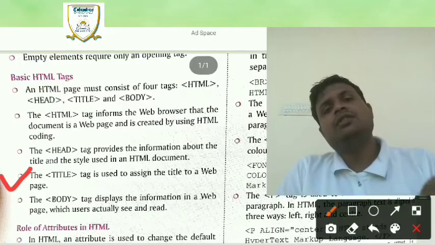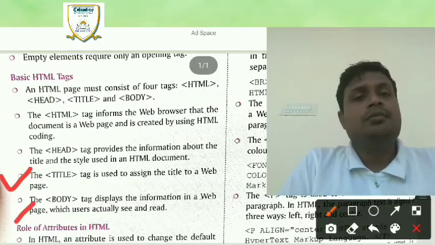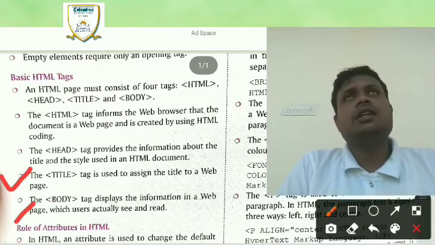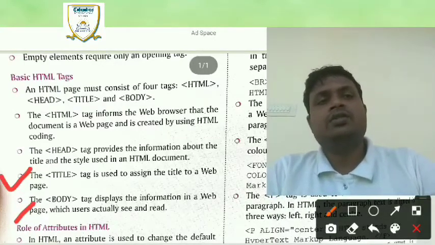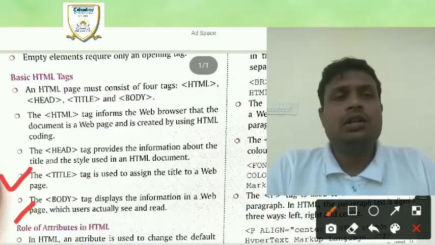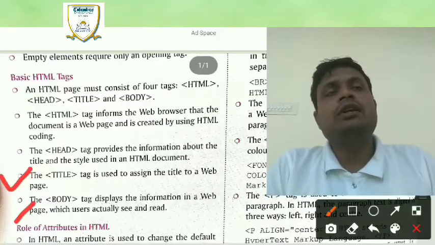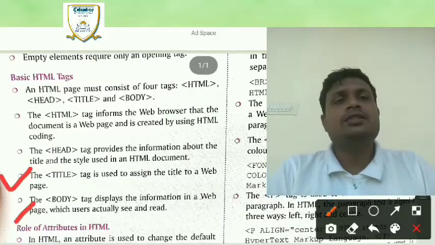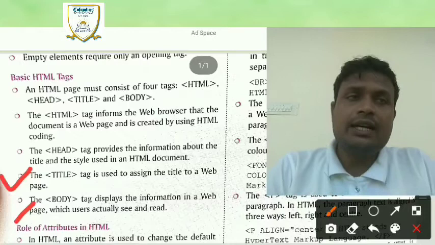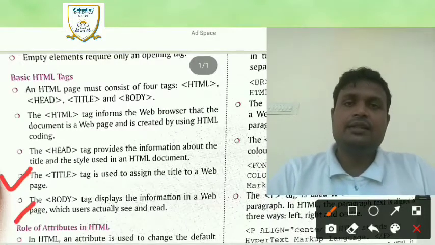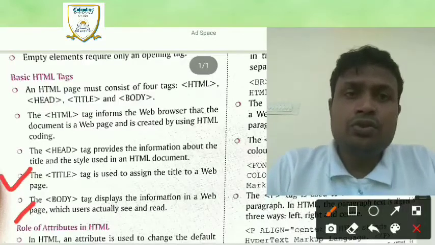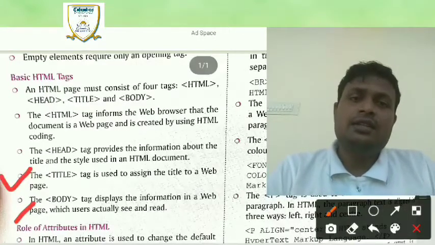The fourth and last one is the body tag. Students, you know the body tag very well. When you create your HTML document, it is very necessary to give in the HTML file what your matter is, what your data is, what you explain. All these things are necessary. So you just understand these things.